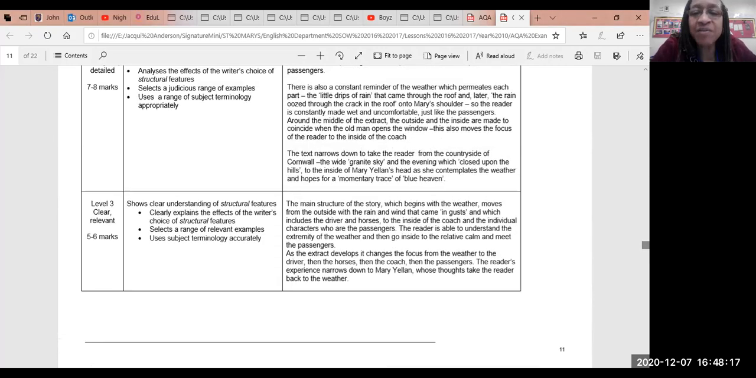So for level 3, it talks about the main structure of the story, which begins with the weather, and the focus moves from the outside with the rain and the gusts to the driver and the horses, then to the inside of the coach and the individual characters. So you can see that the more information that you give with regards to the changes within the text, the better